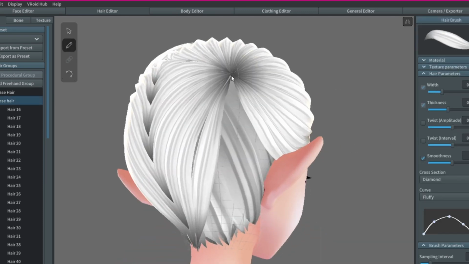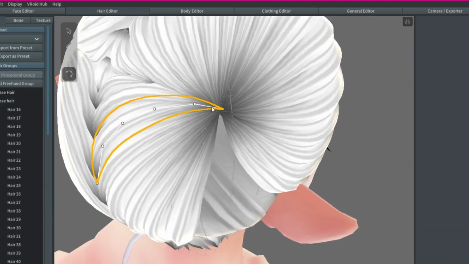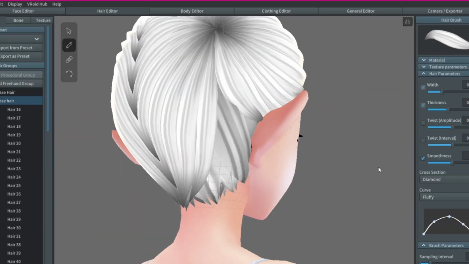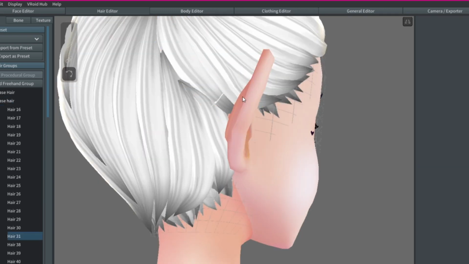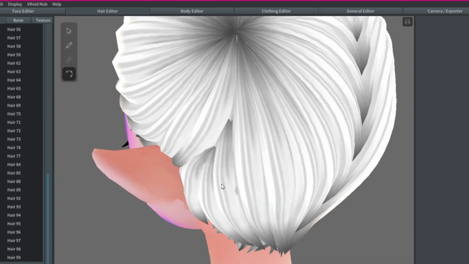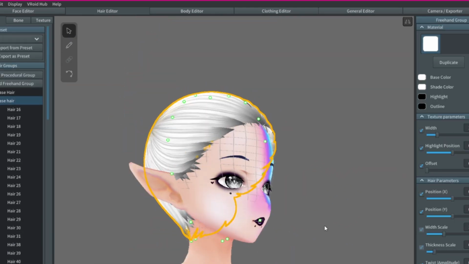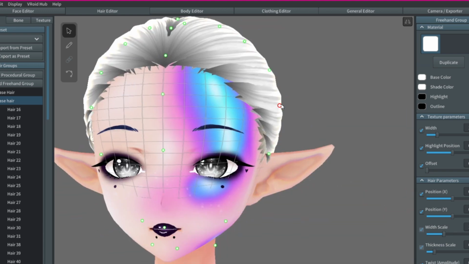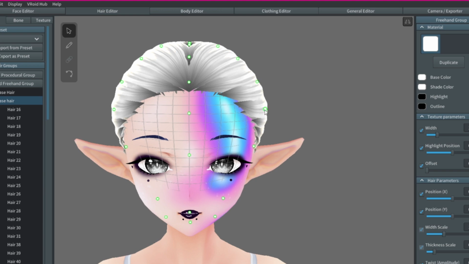You can't really see them when you're zoomed out, but I cover them up anyway because it makes my inner perfectionist happy. To finish the base hair, I'll have to fill in the back sides of the hair, which I hate doing. It's super finicky because the hairs tend to clip through the ears a lot, which drives me absolutely crazy. Now that I'm done, I'm going to be selecting all of the hairs at once, and I'm going to use the thickness slider to thin them down a bit so the base hair is a little bit less spiky,